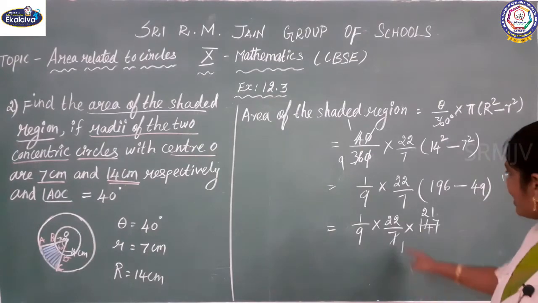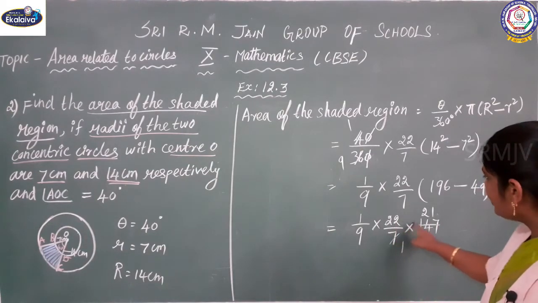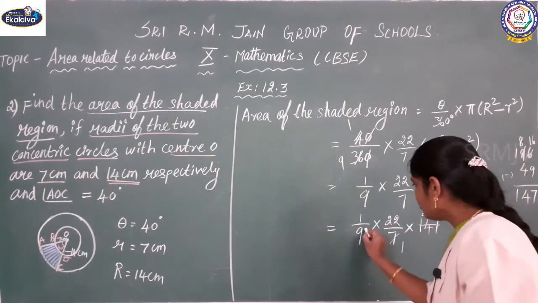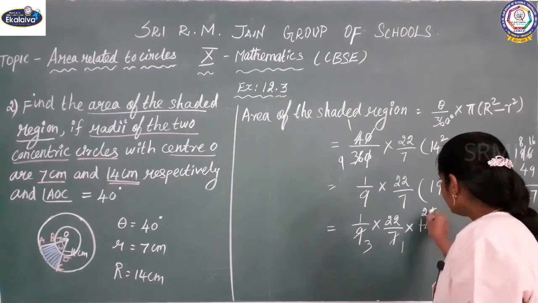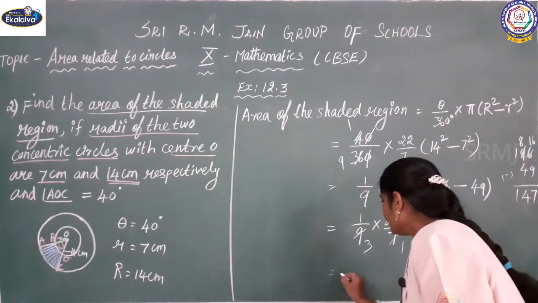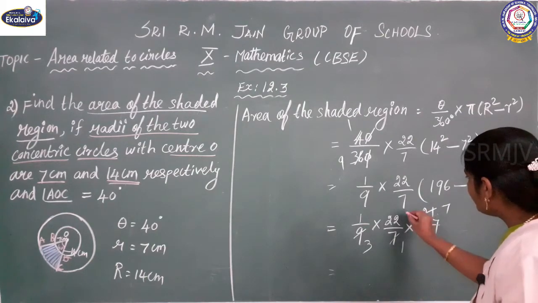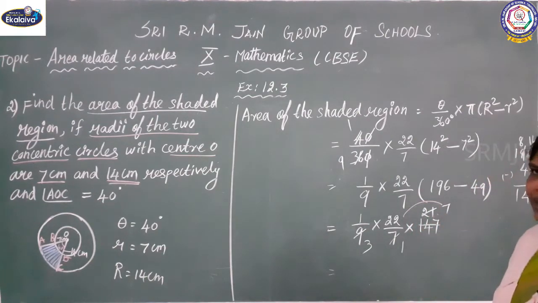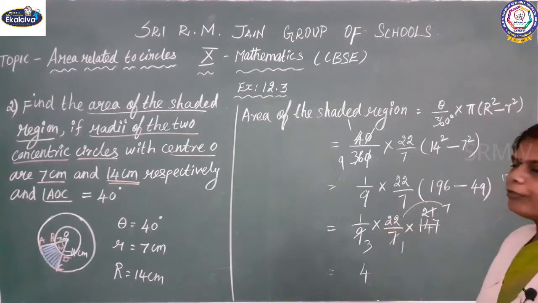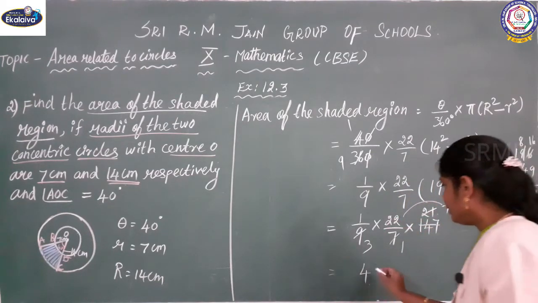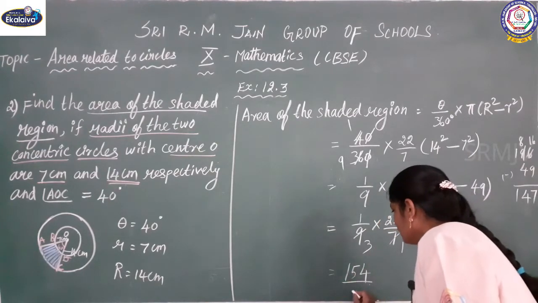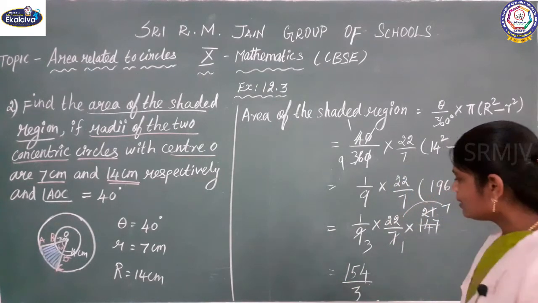Okay, what is there in the numerator? See here, 22 into 21. In the denominator, 9 we have it. Just you simplify this. 3 3s are 9, 3 7s are 21. Okay, so now you multiply the numerator, 22 into 7. What you will get, children? 7 twos are 14, 4 remaining 1. 7 twos are 14, 14 plus 1, 15. So 154 divided by 3. So what is the answer?